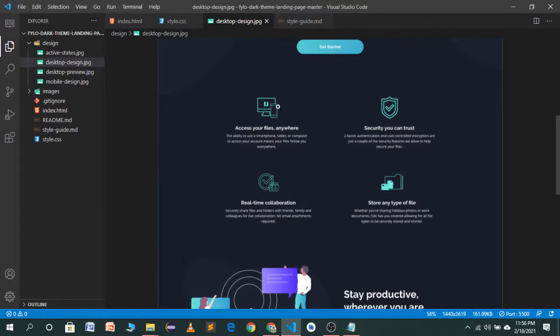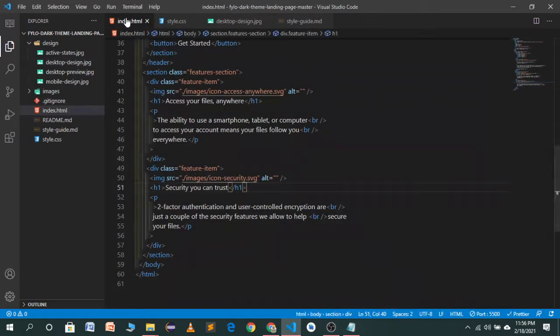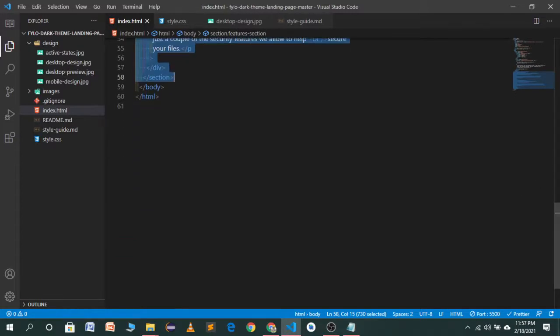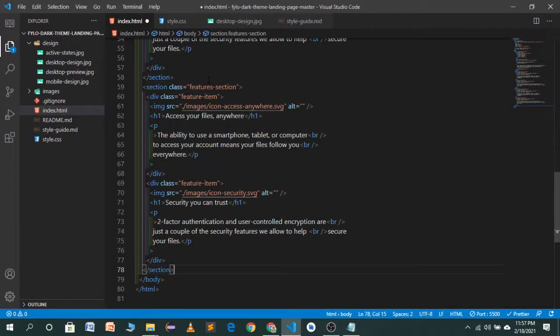As you will see, the designs of this container and this container are the same, so we just have to change the content. So let's go to our HTML file, just copy this whole section and paste it underneath, and let's just change the content.